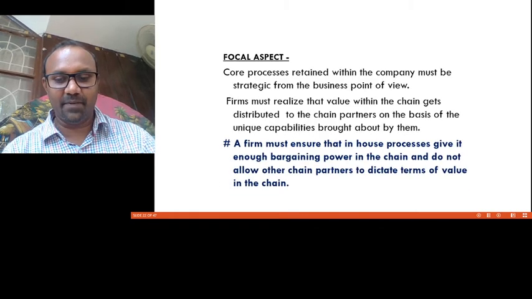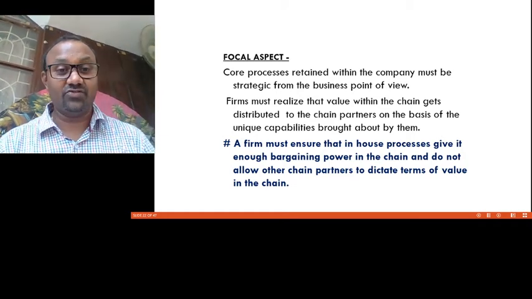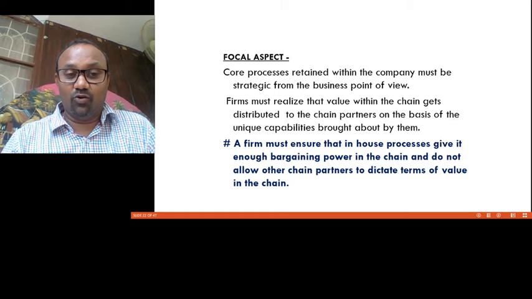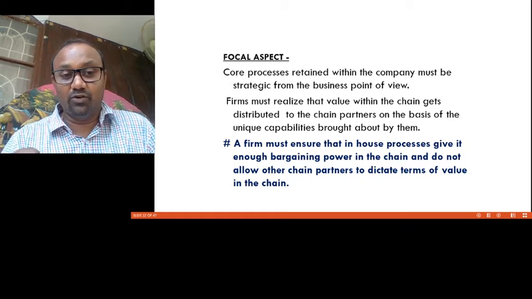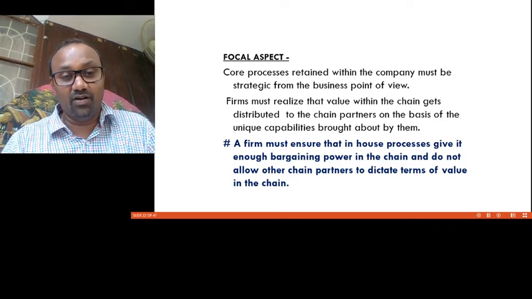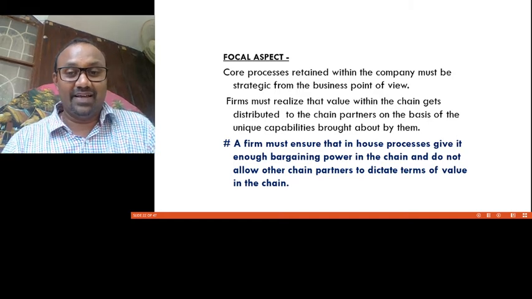So the focal aspect in this particular method is that core processes retained within the company must be strategic from a business point of view. It must be something very critical, something in which you have a core competency, and something that must be able to contribute heavily to the strategy implementation and the earnings and the cash flows of your organization. So firms must realize that